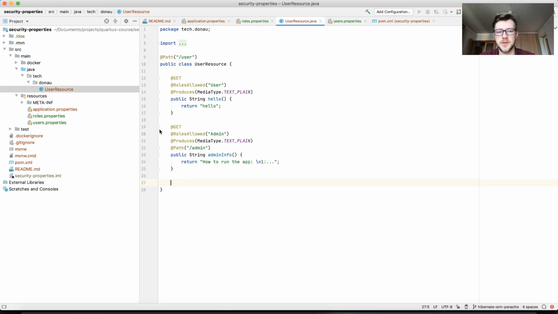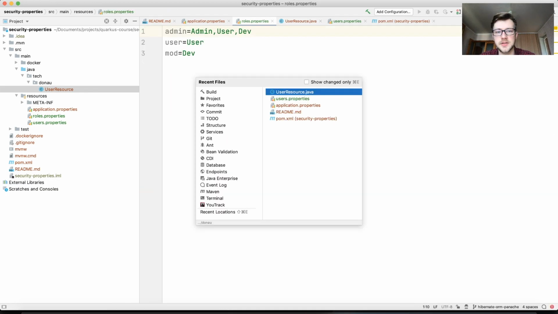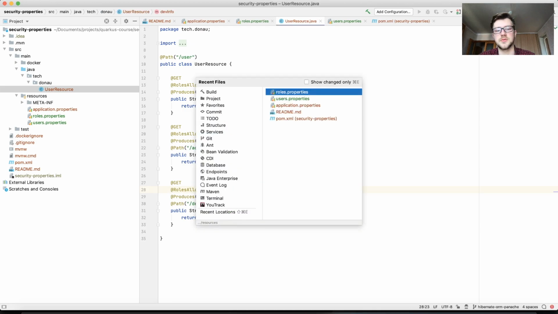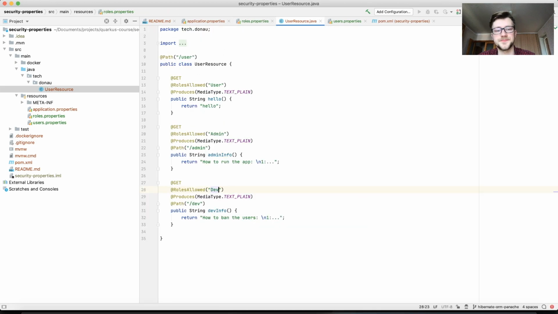Let's copy over the same thing, which will be dev. So let's say we have a dev info endpoint, how to ban the users or something like this, right? So this will have a dev access, which is only present for mod users, but not a user, right? So with this in mind, we are ready for